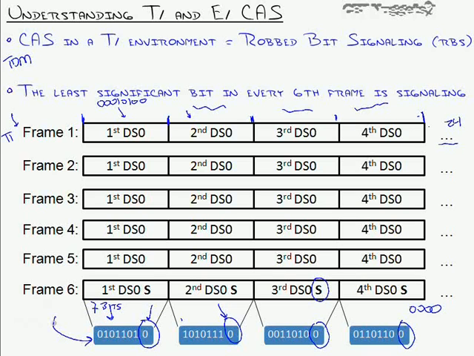For voice, it's not that bad. Taking a bit out of every 6th frame does not, and I'll say it as the textbooks would, significantly impact voice in a noticeable way. You got that? So stealing one bit out of every 6th frame, yes, it takes the quality of your voice down. But it's not down so much that somebody on the phone, like you or I listening to a phone conversation, would be able to go, whoa, this is definitely a CAS or robbed bit signaling connection, because I can tell your voice is just kind of garbly. And no, it's nothing like that.